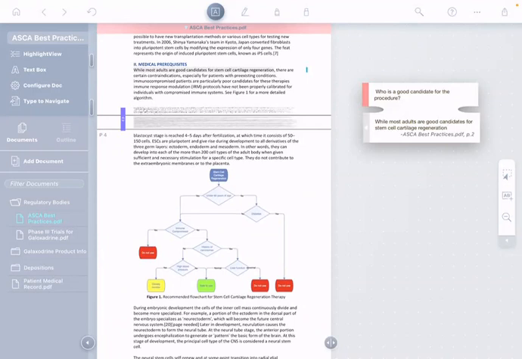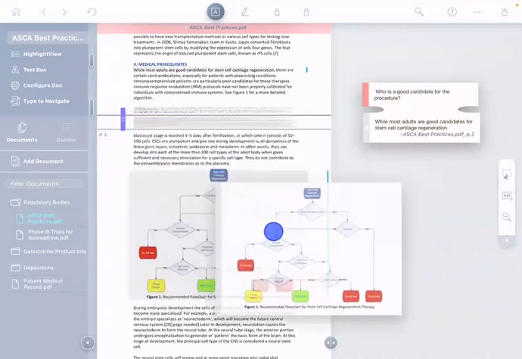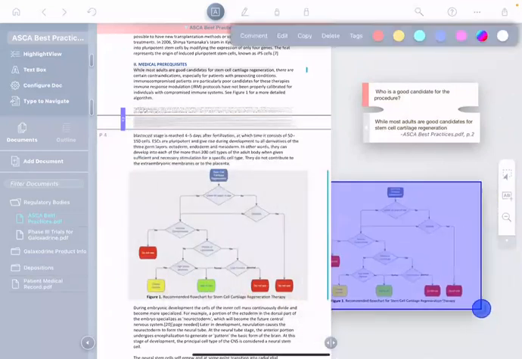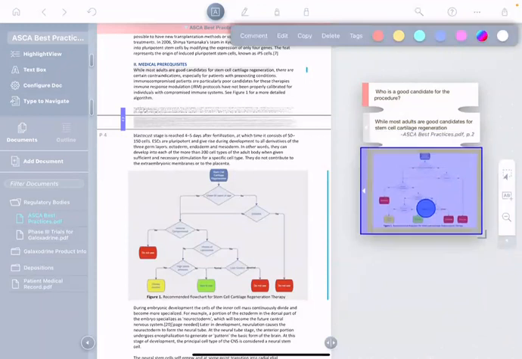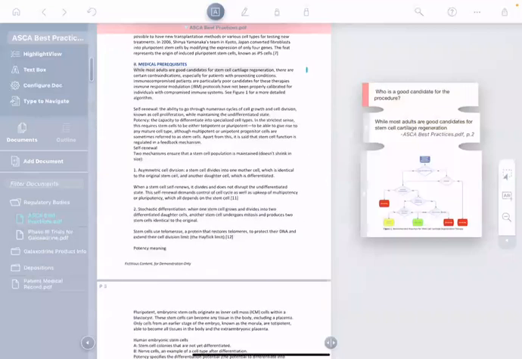All right, so now I have this diagram with the algorithm. I'd like to capture this. So just as I did with the text, I'm going to drag a little selection rectangle around it and pull it out right into my workspace and just connect it like that. Look at that, perfect. Okay, so now you see what I'm doing here. I'm gathering information from different pages, different parts of the documents, organizing them together. But now I want to go on to the next step.